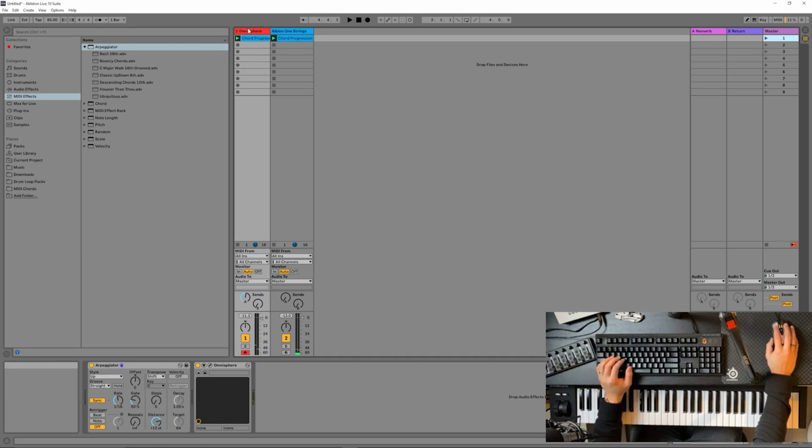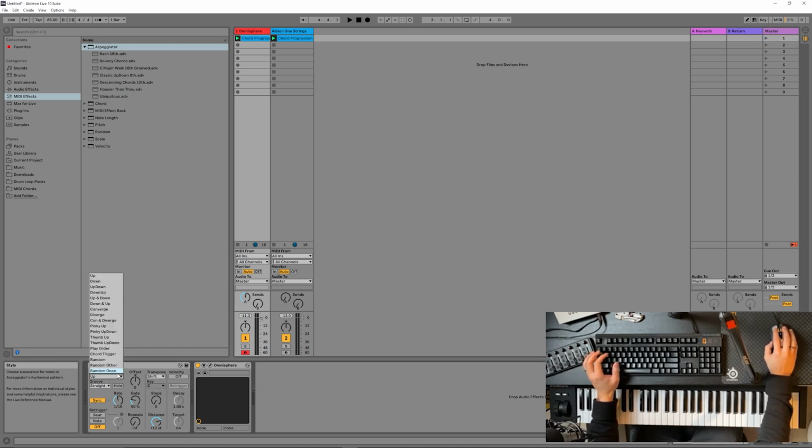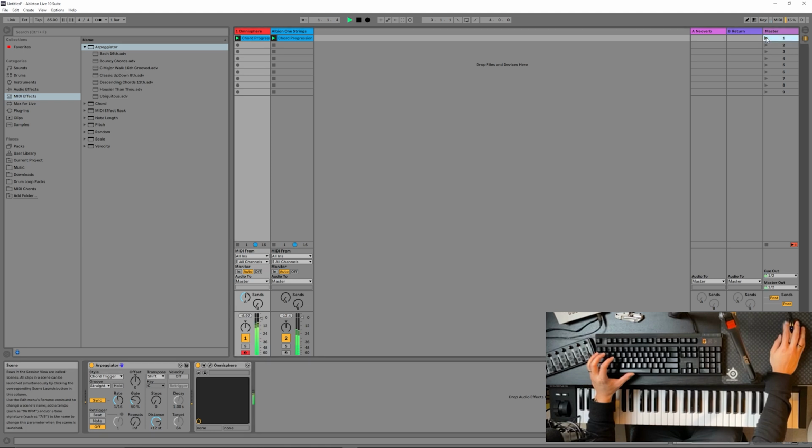Okay, so that's already a little bit more interesting than a straight flat long chord the whole time. There's a whole bunch of different options if you're in Ableton, and if you're in Cubase or any other DAW, I'm sure there's a whole ton of different things. I'm just going to go with a chord trigger here, so let's give that a try. So I kind of like that. It kind of gives it a little bit of a pulsing feel to it to give the track a little